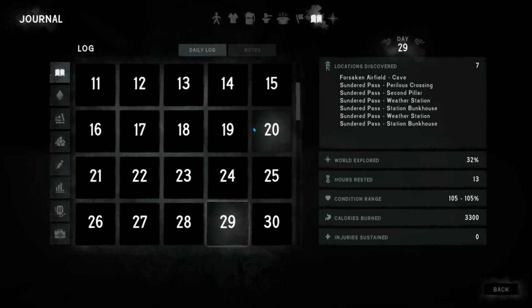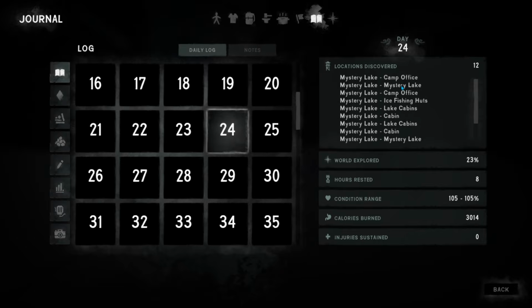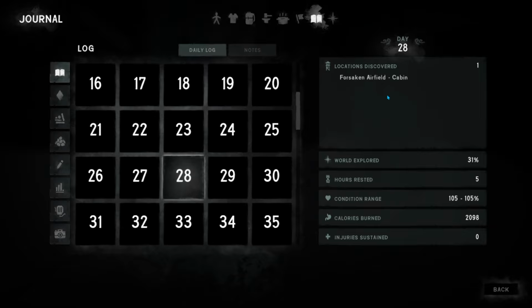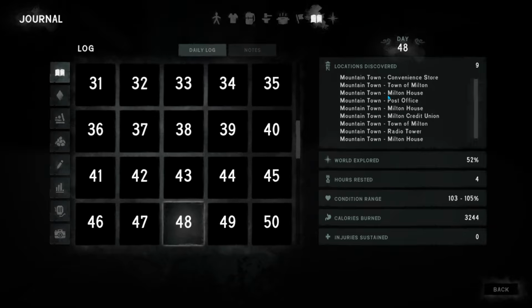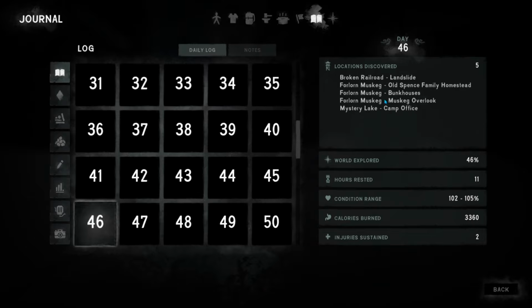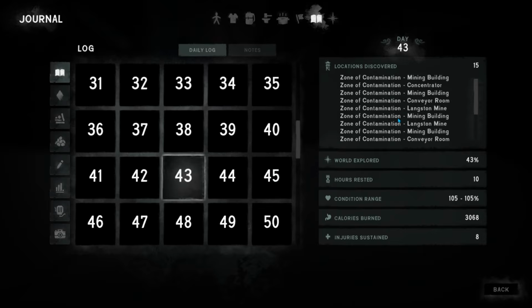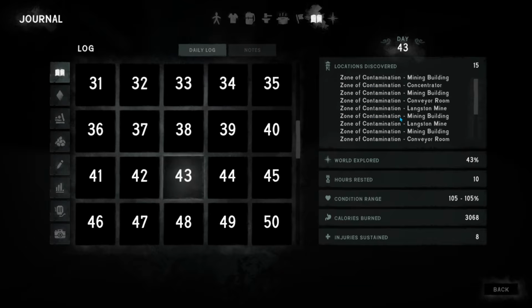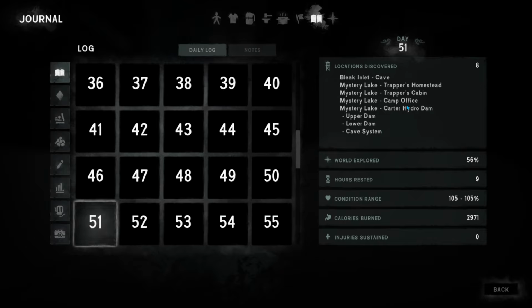Let's see. It would have been towards here. Broken Bridge, Mystery Lake. Okay. So no hunting lodge there. A lot of zone of contamination. Oh, here's Mountain Town. Day 45. Let's see. Guys, I don't think we've been to the hunting lodge yet, have we? I don't want to go there and find out I haven't been there before. Because if I was there...